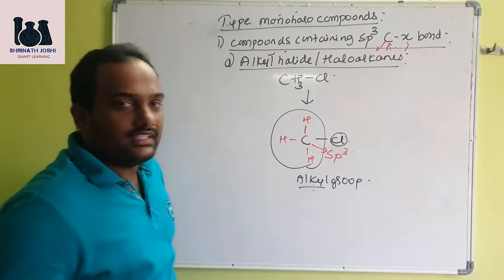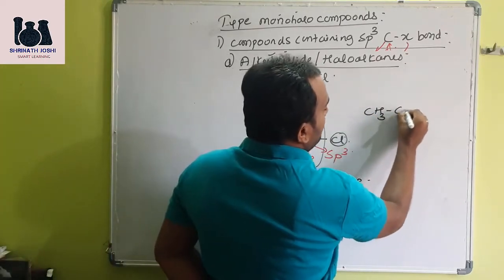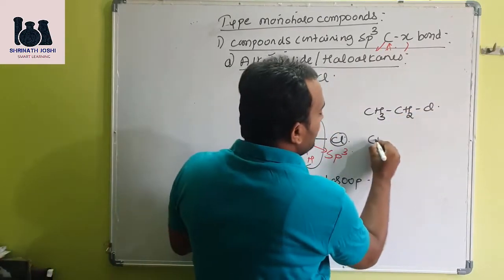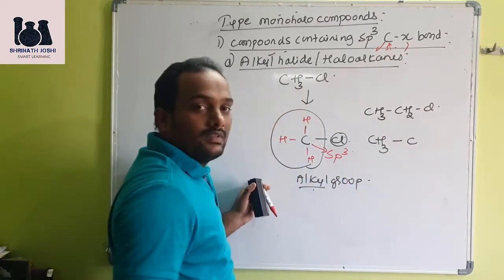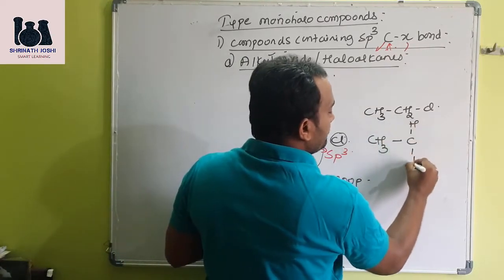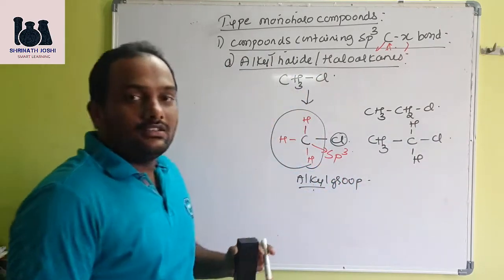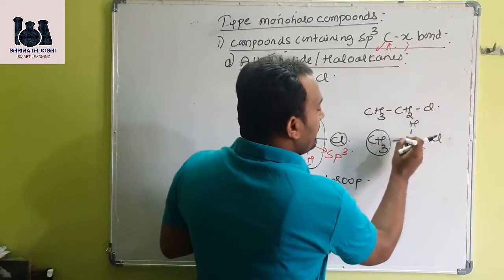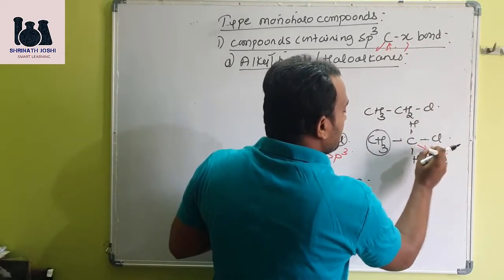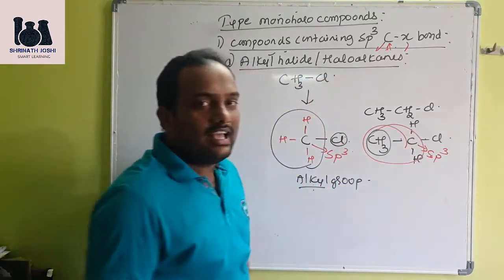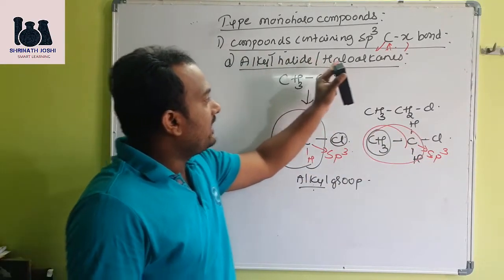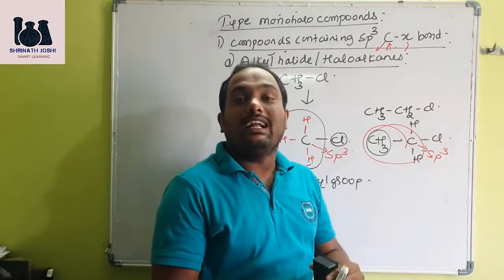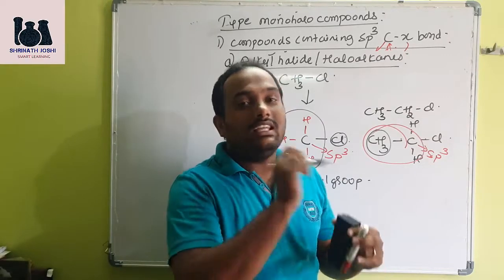Second example also we will take. Now we have a CH3, CH2. Now for your understanding, elaborated I will write. We keep CH3 as it is, then we take carbon. This carbon is bonded to 2 hydrogen, then bonded to chlorine. Now don't look into the CH3, you look into where halogen is bonded. That carbon, everywhere it is singly bonded, means it must be sp3, and these groups are supposed to be called as alkyl group. Therefore it is classified as alkyl halide or haloalkanes. In alkyl halide, remember, halogen is bonded to that carbon atom which is sp3 hybridized.